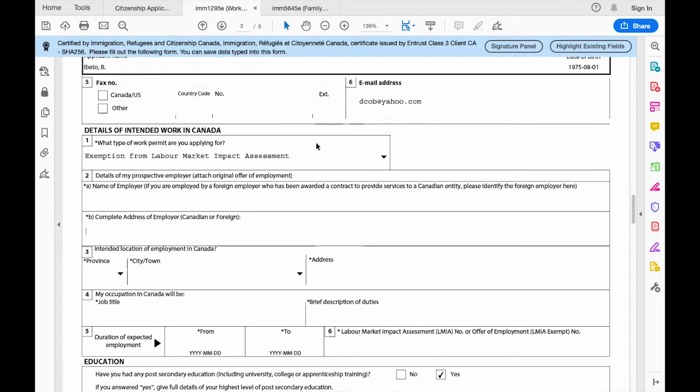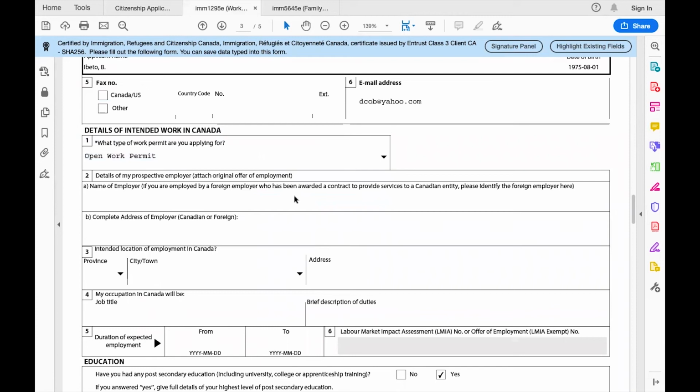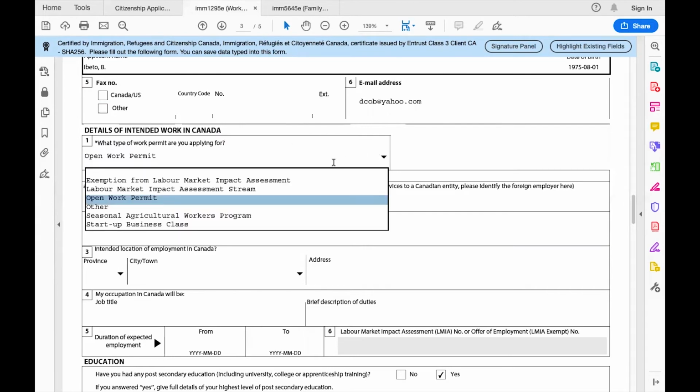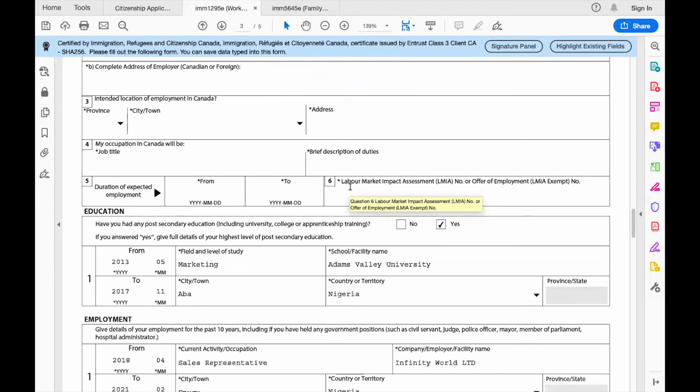But if you are applying under an open work permit, like I said, then you do not provide this information because you are eligible to work for any employer in Canada. I hope that makes sense. So we go back to the way it was before. I think I chose labor when I was doing that. So